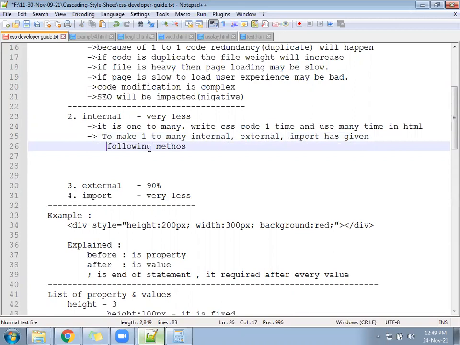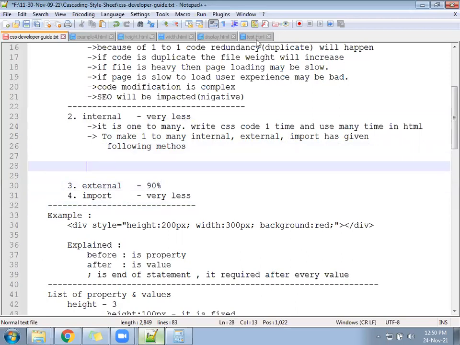Internal CSS is like you can write one time and use many times. But to write one to many, in the sense write one time and use many times, we have a total of 5 methods. And those 5 methods will be supported by internal, external, and import.